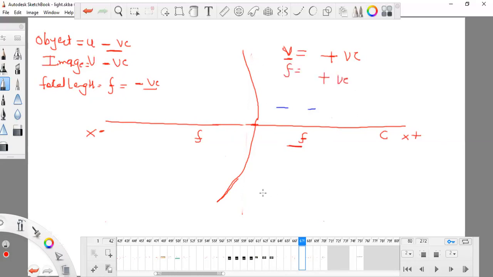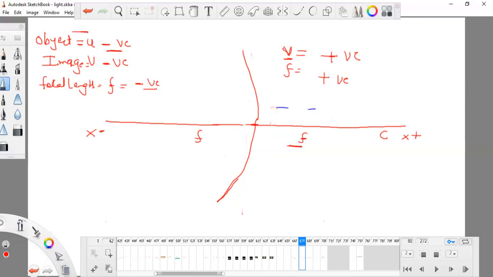We will do some numericals after this. Whatever numerical values come, we should use the signs positive or negative depending upon the side. Why I didn't write the object here: because the object is always negative for both, and you cannot find any object which is placed here. For both, the object will be negative, and objects will be present only here.